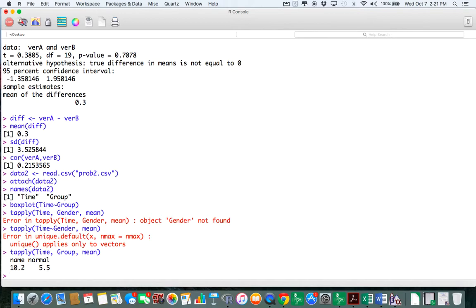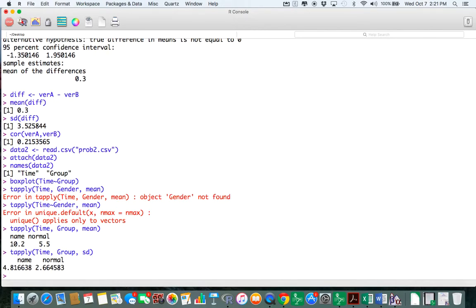So anyway, let's go ahead and look at the standard deviation as well. So we'll report that here in just a second. What I want to do now is run my t-test. And what I'll do here is run it time across group,